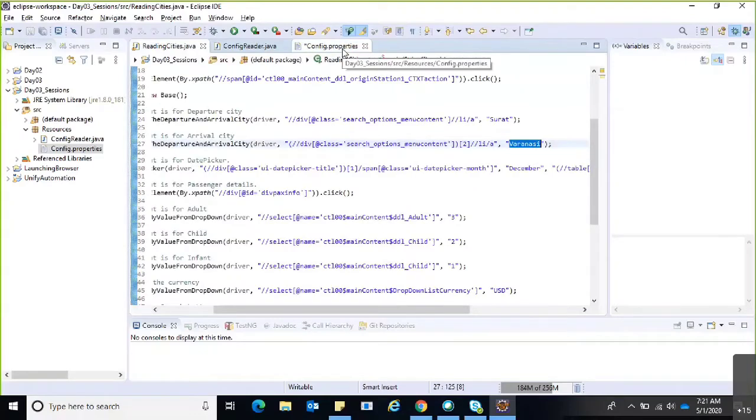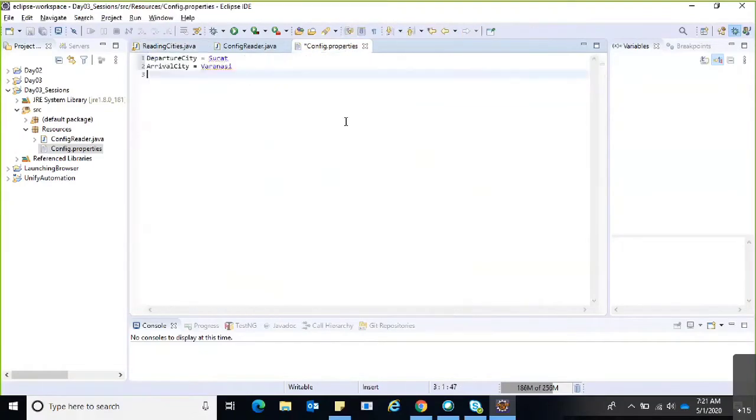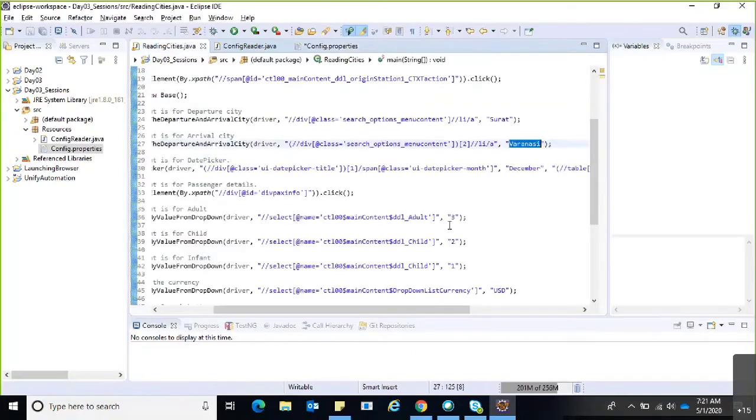Coming to the date picker, we should pass the month and date. Travel date, or we can keep it as departure date. Initially we should pass the month, so departure month, let's say October. Departure date, let's say 23.